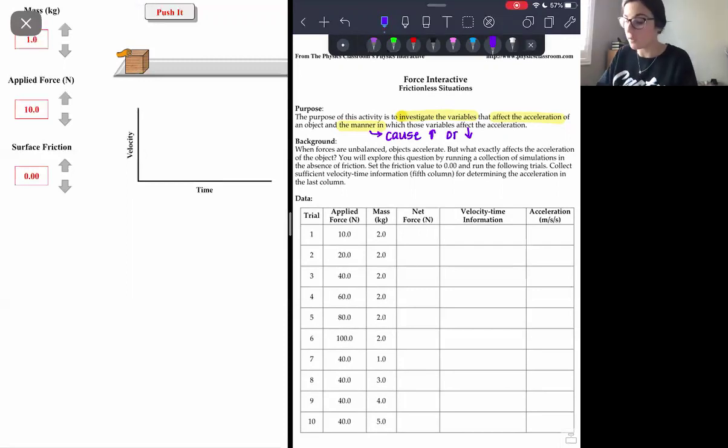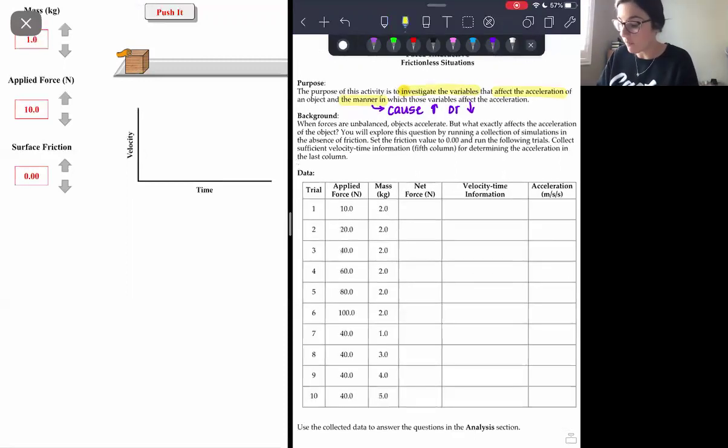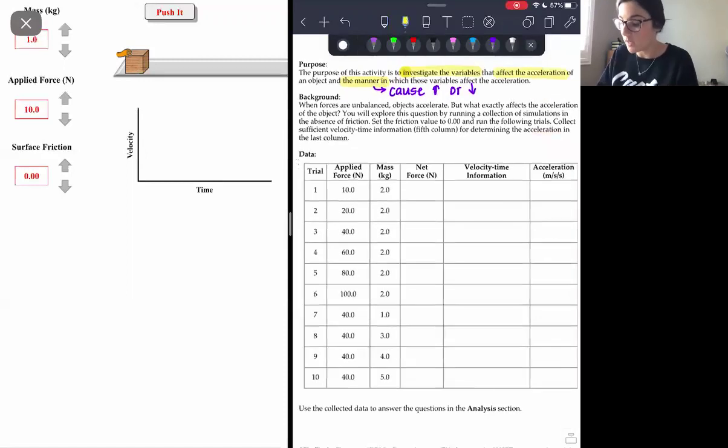So you guys are going to explore this question by running a collection of simulations in the absence of friction. In regular real life, we constantly are observing the effects of friction. We roll a ball in the grass, eventually it slows to a stop because friction is there. You have a plane flying through the air at high speeds, there is most definitely friction. You drop a penny off of a skyscraper, and there's going to be air resistance that's going to affect the